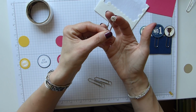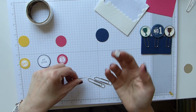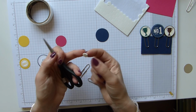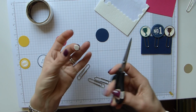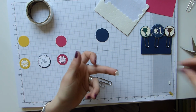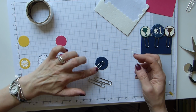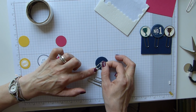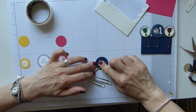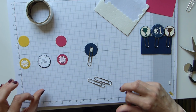Now, the paper clip's just a fraction too big. So I'm just going to trim this dimensional, which won't be sticky by the time I've finished messing. Just going to trim that edge off there. And this should now sit quite nicely in my paper clip, which it does. And then because of the way it sits,